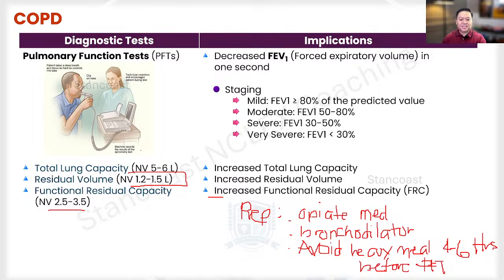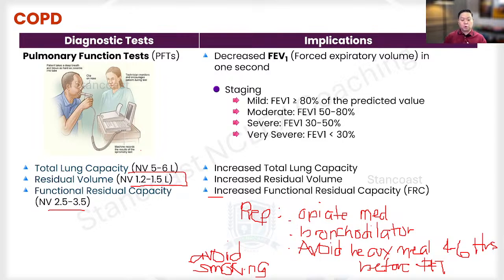And on top of that, tell your patient to avoid smoking, because this can give a false positive result of the test. Avoid smoking. And we are going to instruct the patient to wear comfortable clothing when they go to this diagnostic test, because this is something that you can do.